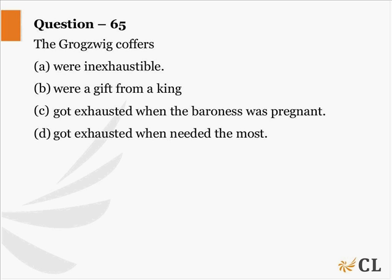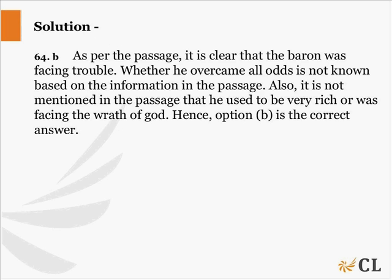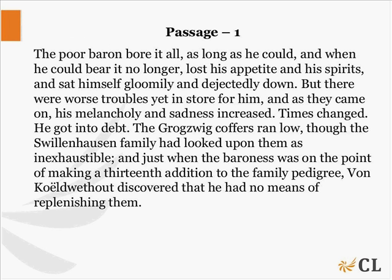Okay, and we have the Grogsvik coffers here, right? The Grogsvik coffers ran low, though the Swilhausen family had looked upon them as inexhaustible. Yani ki Grogsvik coffers ran low, it was less, jabki that is despite the fact that this particular family looked upon them as inexhaustible. So they thought that it will not diminish, it will not exhaust, right? But still it was keeping low. And just when the Baroness was on the point of making a 13th addition to the family pedigree, von Kodelvo discovered that he had no means of replenishing them. Okay? अब अगर मैं जाता हूँ उस question पे 65 पे,